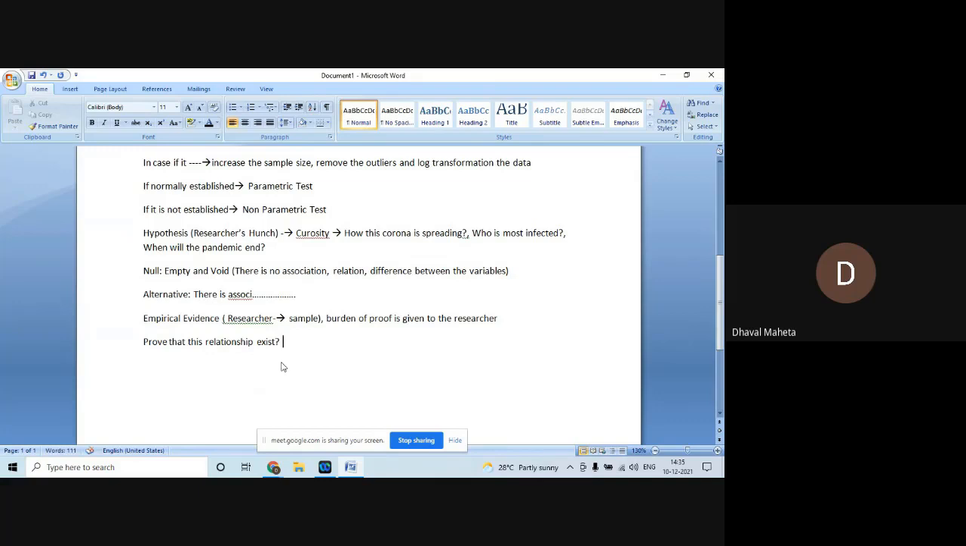a person has to collect the data. Now, this data can be at different levels of measurement. It can be nominal,